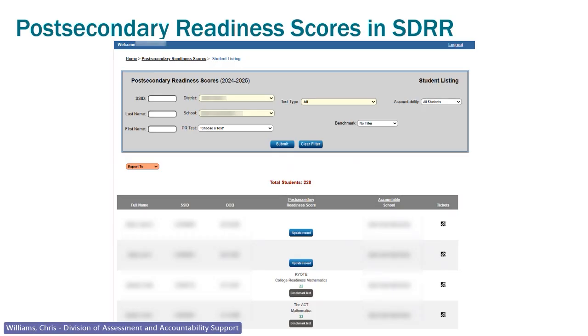If there are any changes, you can filter by the spreadsheets and then go into SDRR and make those changes. Please, I can't say this enough, please do not make the changes on the spreadsheets. You have to make them in SDRR for them to show up.